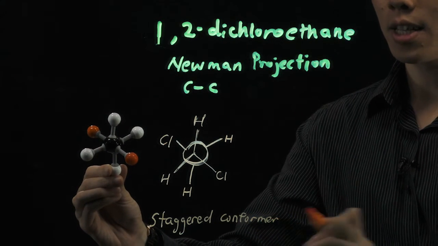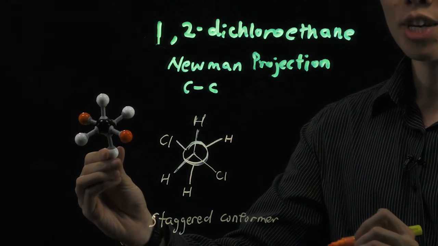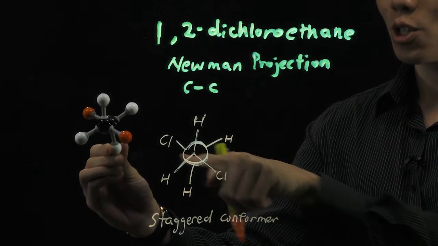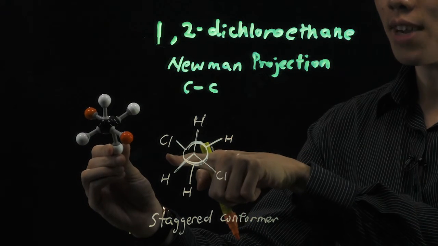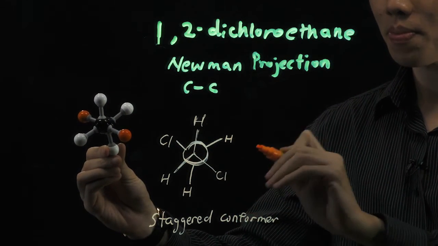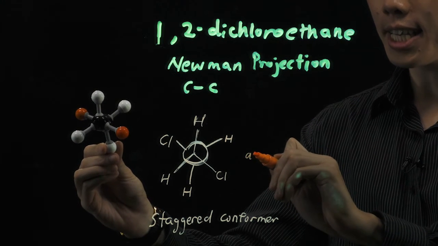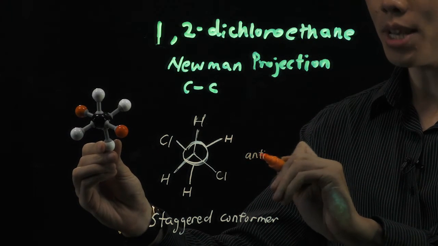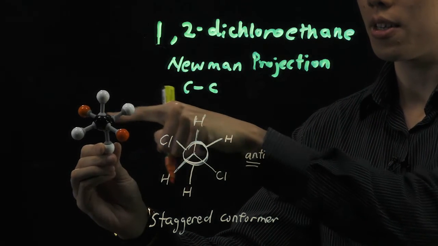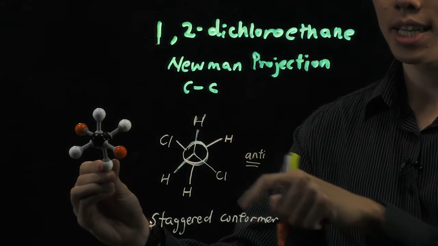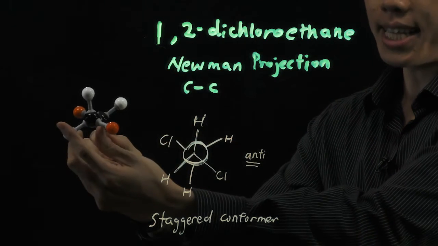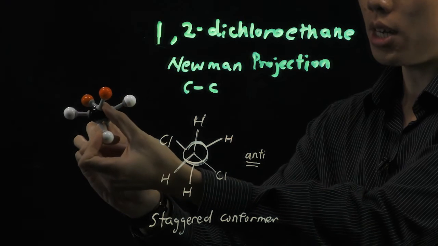Alright. Now in this case, you might have realized that the chlorine atoms are on opposite ends. So they are very far from each other. In fact, these are the furthest they can be apart. So we call this anti. Recall, anti means opposite. Now, I will turn the molecule for you, and there could be another conformer that's